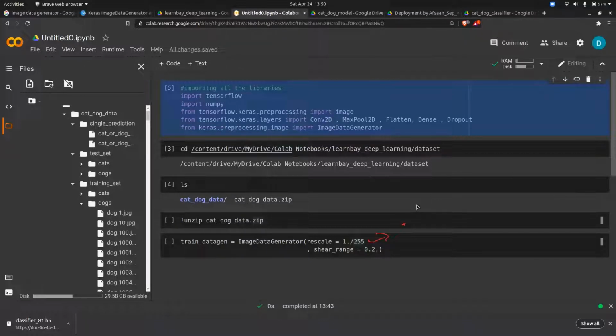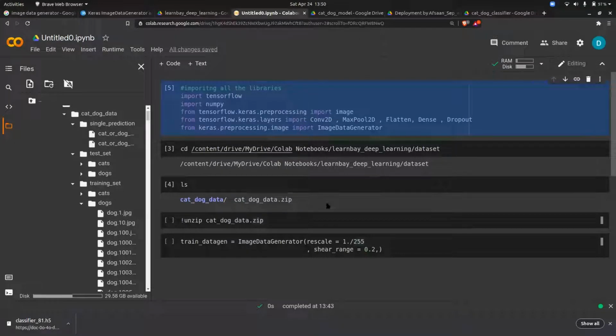I don't want the final answer as 42. I want 42.0, something like that. I want to consider decimals also. Because when you do 244 divided by 255, I don't want 0. I want 0 point something. That's why I'm putting the point here. Is it clear now? Yes, got it. So if I don't put the point, then all the values will be 0 only, right? Yes. Minute changes we need. That's why.